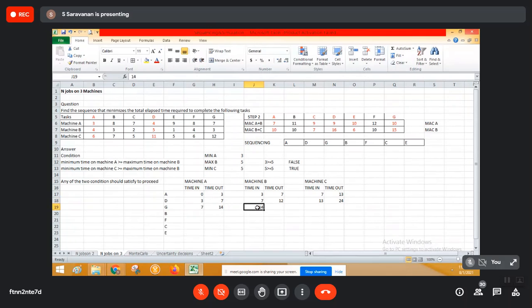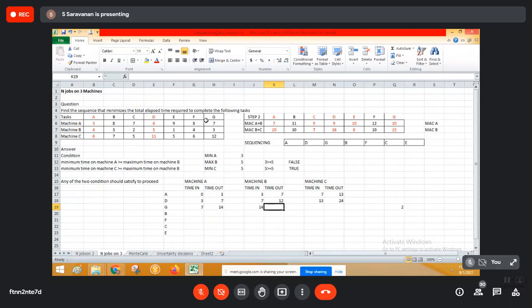Somebody raised a question during the last problem. You see here, the machine has completed its activity at 12, but the machine can take up the activity only at 14. What are these 2 minutes? Idle. Machine B is idle now. It is called idle time. So here the machine is idle for 2 minutes. Let me make a note here, 2. So the machine is idle for 2 minutes. Let us come out of that idle time now.